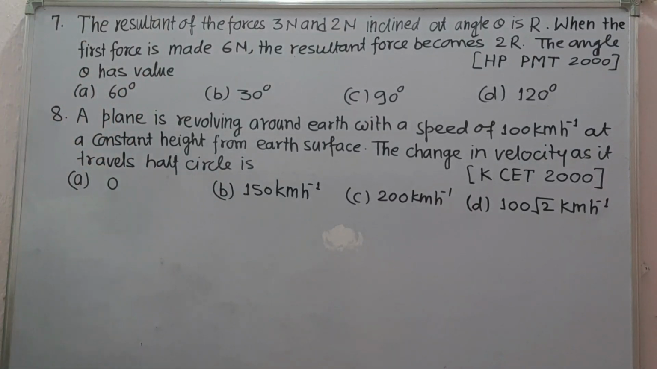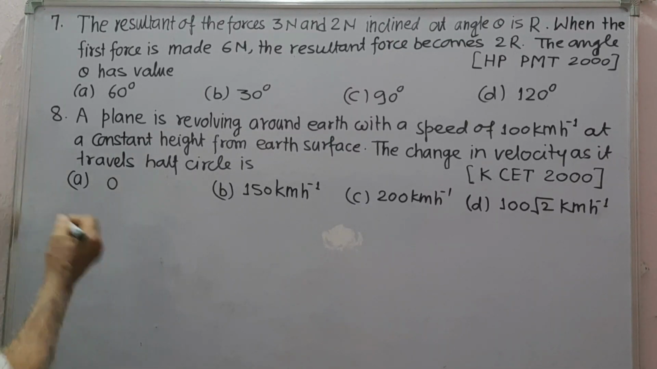Next question number 7. The resultant of the forces 3 Newton and 2 Newton inclined at angle theta is R. When the first force is made 6 Newton, the resultant force becomes 2R. The angle theta has value. Solution